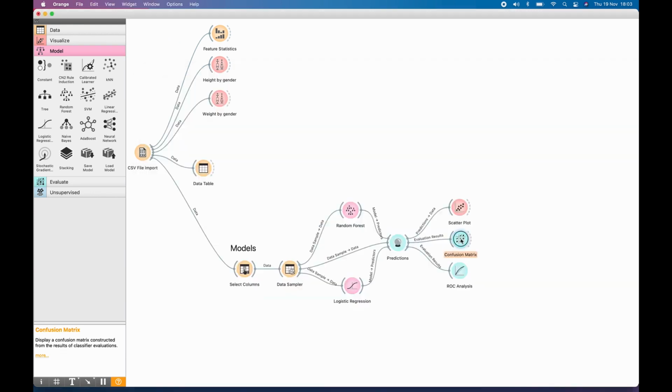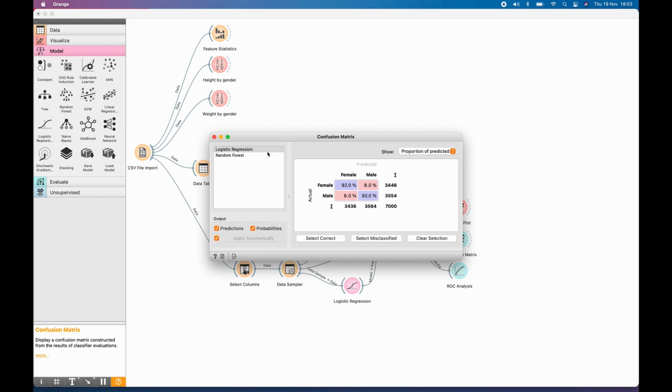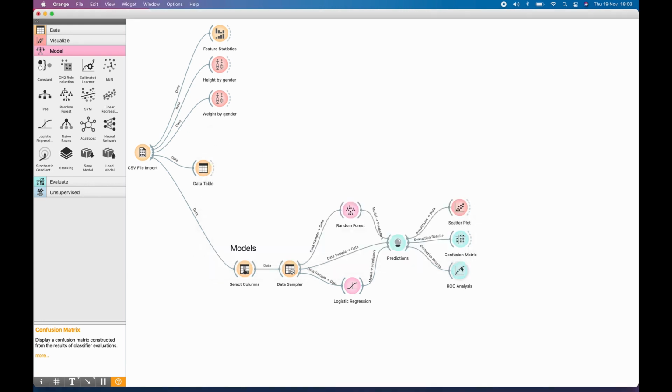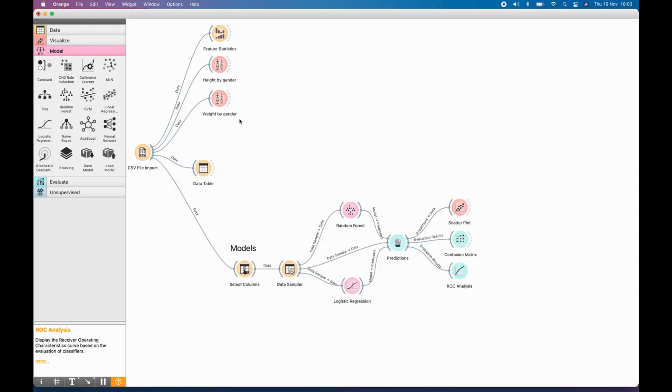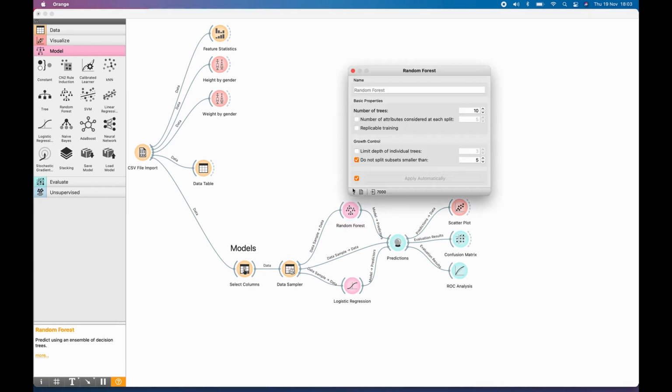Might not be too interesting. Let's look at the confusion matrix. And now we can compare this random forest and logistic regression models as far as our confusion matrix is concerned. And then also the ROC curve. And you can see how much better our random forest is doing. So let's just close that. And that's it. That's how simple it was to build two models and to compare these two models. If I double tap on that, I can export that as a report, and that'll be